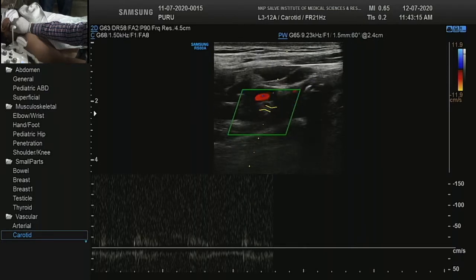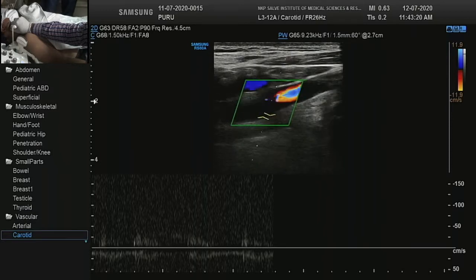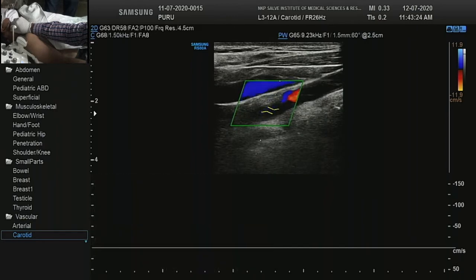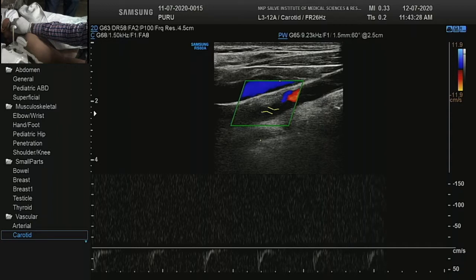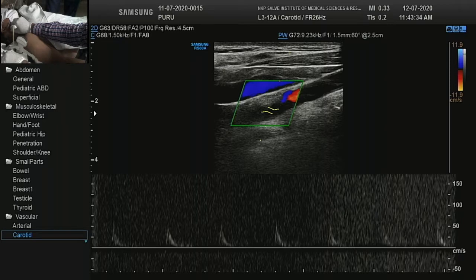So till this point, this bifurcation, you are seeing very good flow, but if you go to the internal carotid, again what you are seeing here is, what is this? We'll invert the Doppler. We see again, as we had seen in the other patient.